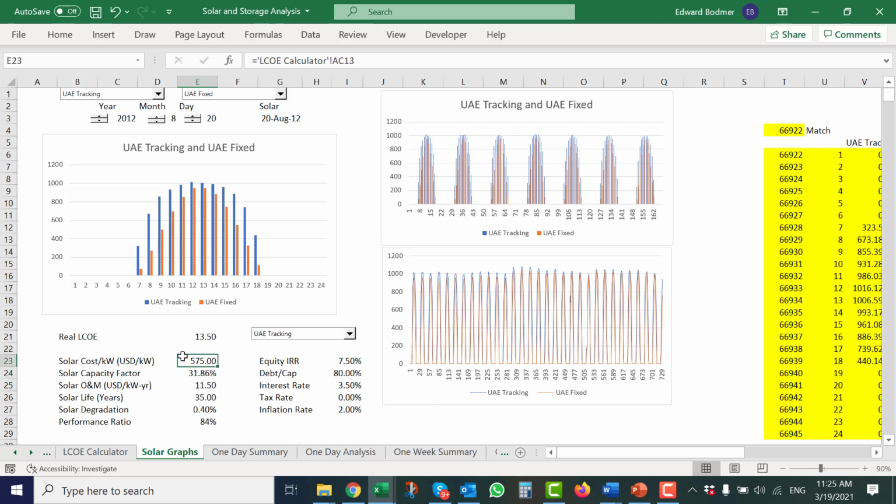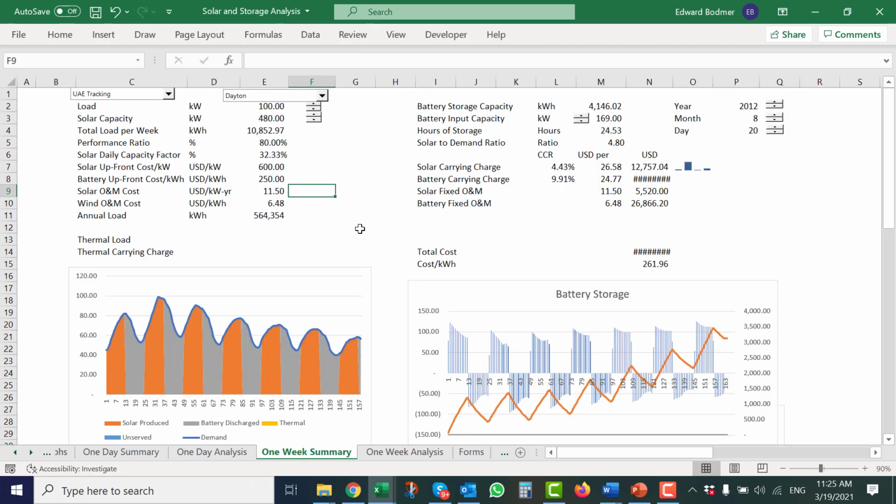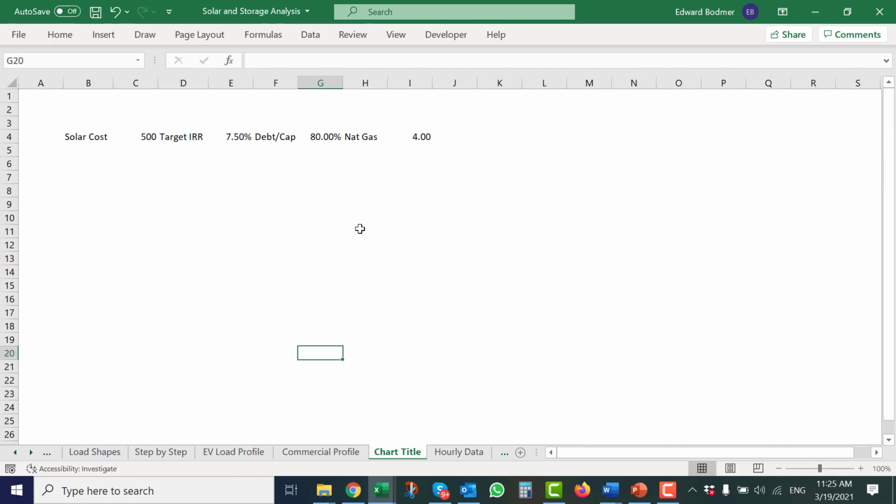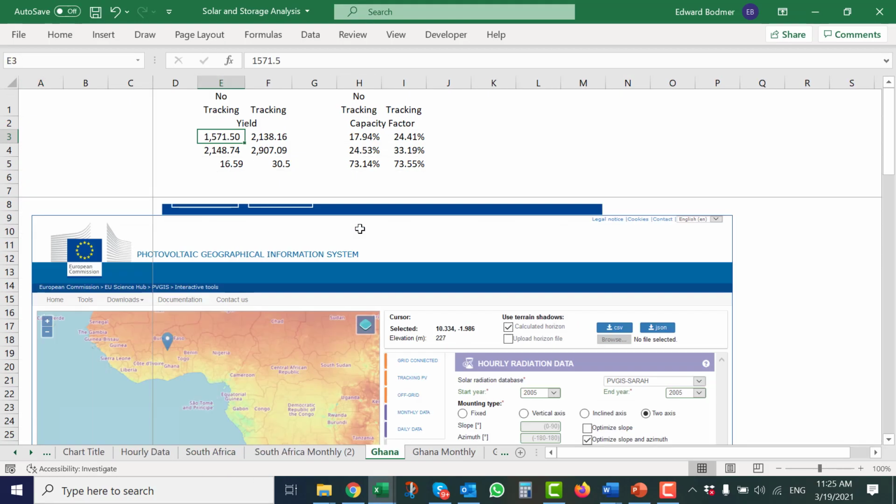In this case, what I had done is replicate this UAE thing, and I'm going to come back and show you how I did this, and it's fascinating. Look at this. The loads are just flat, right at our 1000 STC number. Of course, it's a lot hotter, so the temperature isn't at the STC. Look how flat these are, and you can see what the tracking effects are. That's all in this file, just by going to the website and downloading the data.